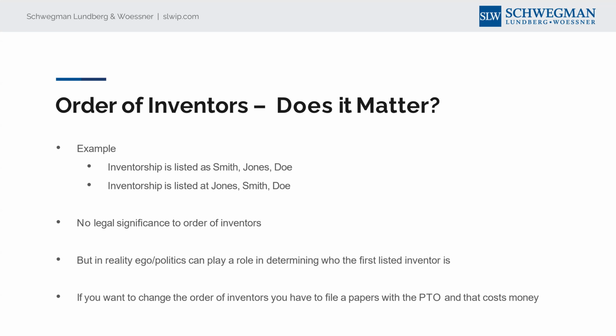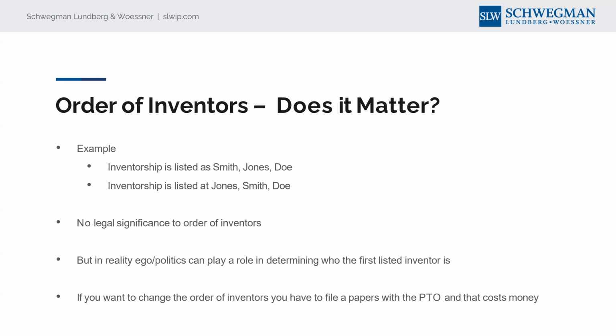As far as legal significance goes, there's no priority rights or any benefit of anyone being listed first, other than their name gets listed when the patent is abbreviated. I know that this is different in academic articles, right? Because typically the first listed is the most significant, did the most work. But not so in patents. That doesn't mean that in reality personal egos, corporate politics, all that stuff doesn't get involved.